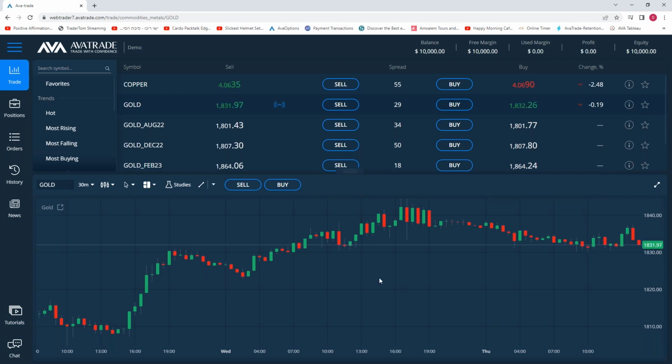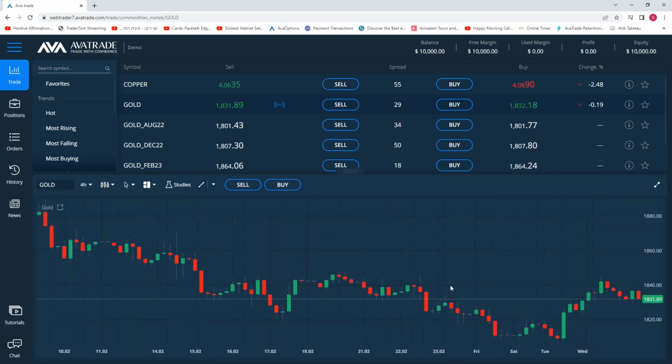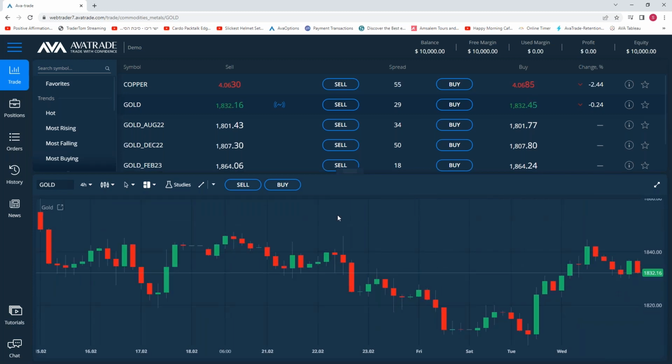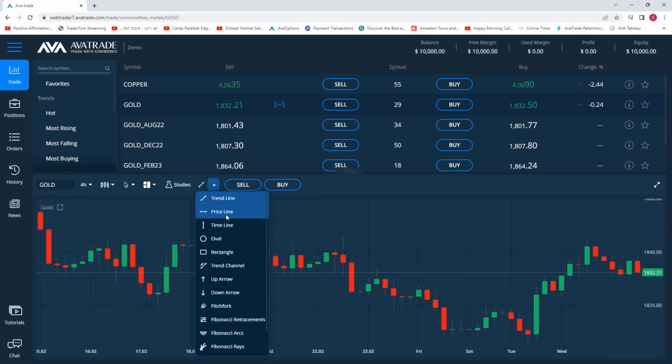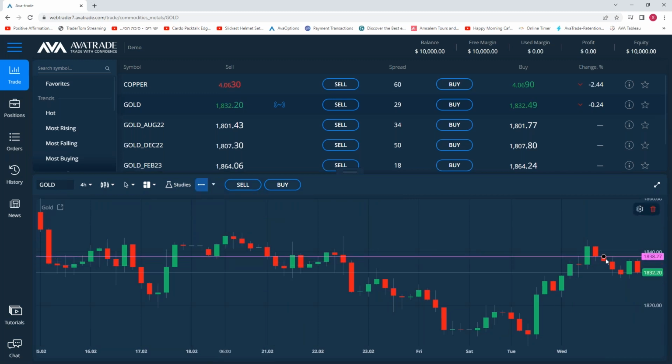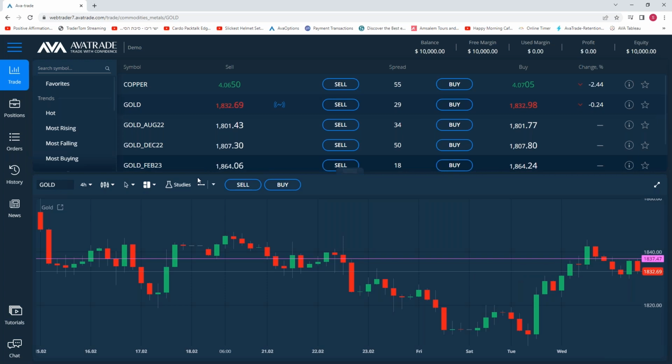And I'm going to give you a practical example. Take a look. Let's say 4 hours, which by the way is also another bad time frame for your analysis. So what can you do with that? It's very simple. Currently, the last 4 hour candle, as you can see, each candle represents a time frame. So this one is the current 4 hour, and it's still within the previous candle. So what you can do as a trader is use the horizontal price line levels, and just mark the top of the previous candle and the bottom of the previous candle. So this is your current channel.